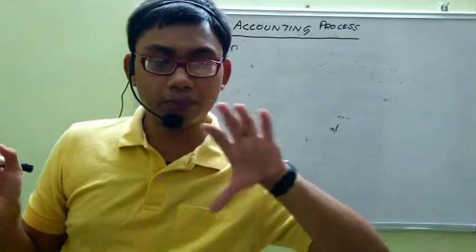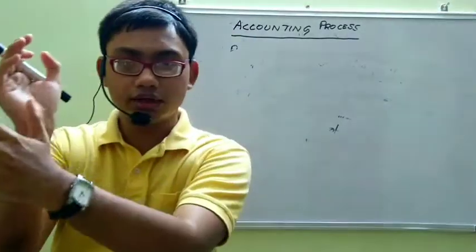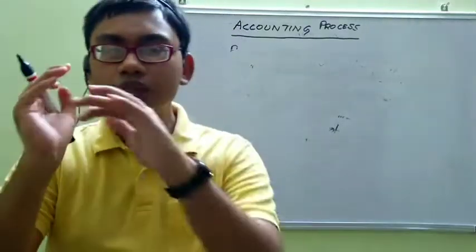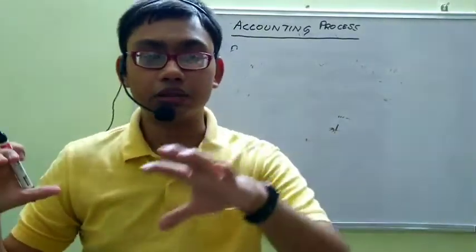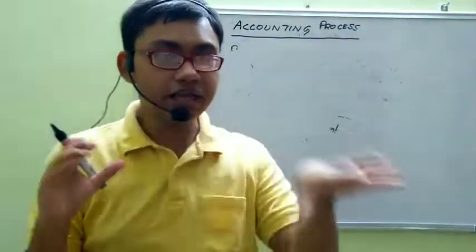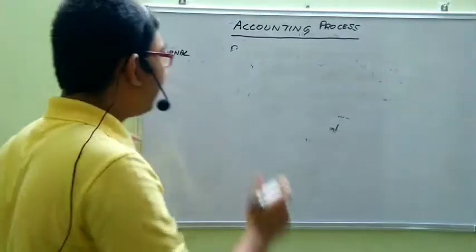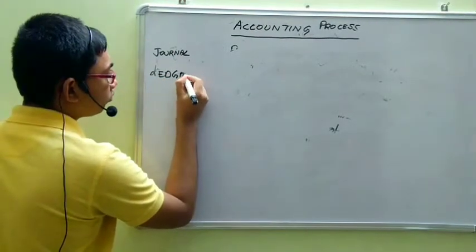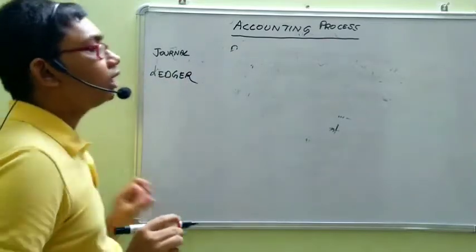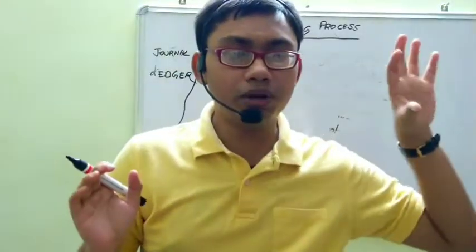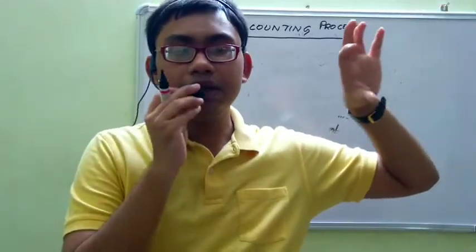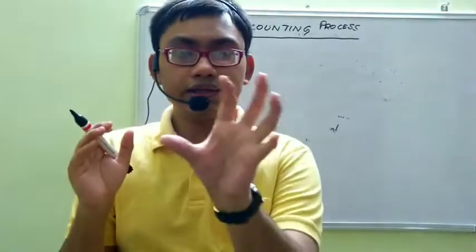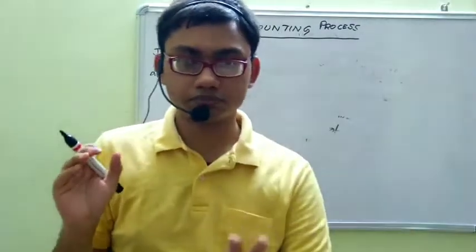Similarly, in the AC compartment, we assign coupes or bogies. Even in the AC compartment, we have AC1, AC2. So we assign them into cabins or coupes or coaches. Such assignment or grouping will happen in the book called the ledger. There, each group of transactions is separately recorded. Instead of the bulky journal, each transaction is recorded with similar items.